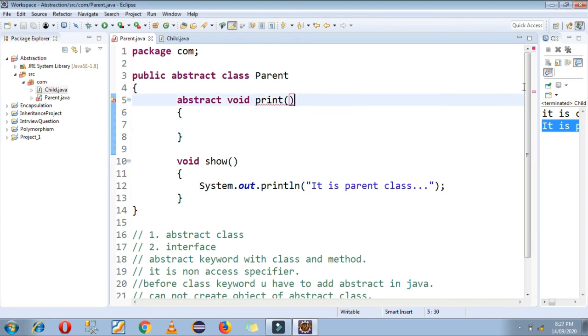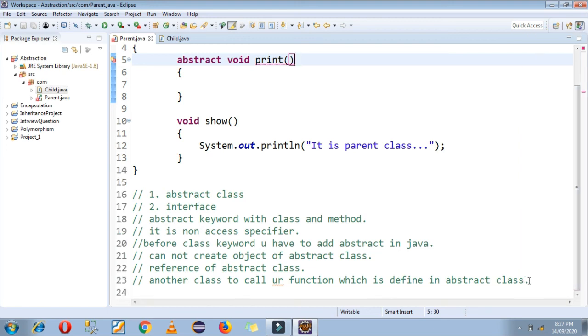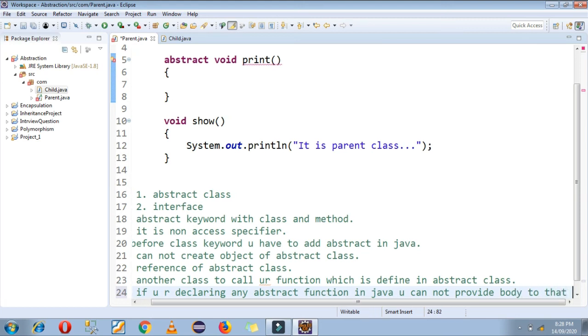That means if you are declaring any abstract function in Java, you cannot provide a body to that function.